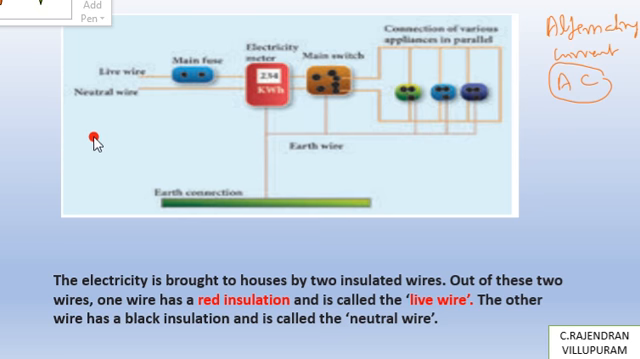One is red wire, another one is black, and another one is green. So we use 3 types of insulation wire. That means